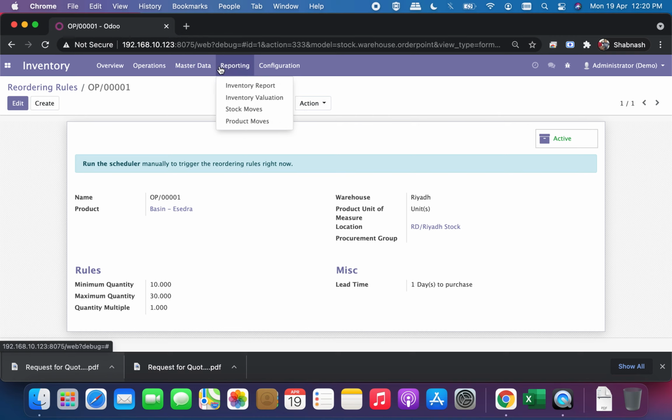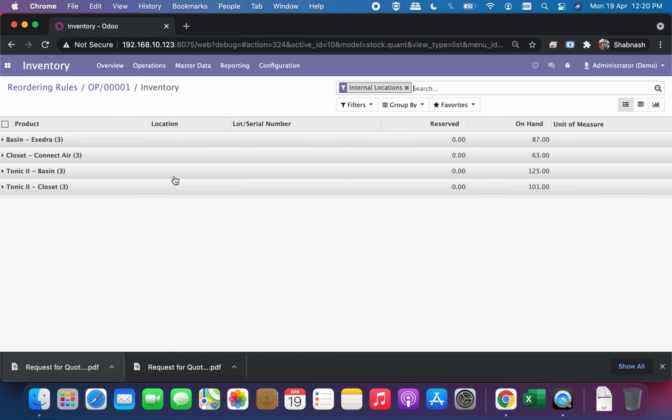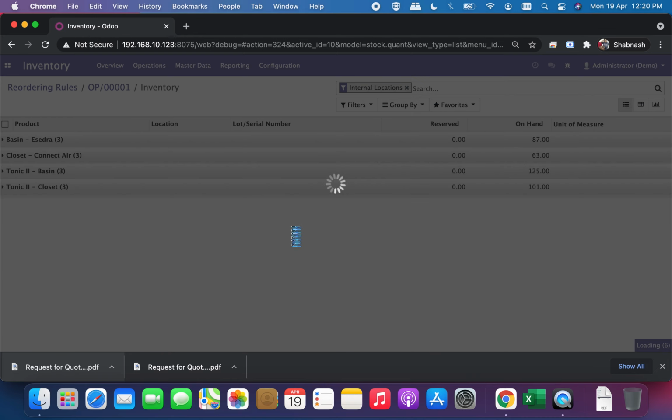Now, the next thing is with respect to the reports. You have an inventory report, which talks about all the inventory you have on that day. It is telling you that you have this product in three locations, and this is the quantity you have there. You can see the on-hand quantity. You can see it as a report just by clicking on this pivot functionality.